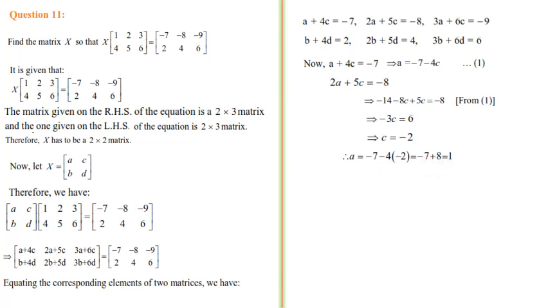Now two variables we have got, A and C. Balance is B and D we have to calculate. For that I am taking B plus 4D equal to 2. From here, as before, I have calculated B in terms of D. B is equal to 2 minus 4D. Just substitute it in the second part, that is 2B plus 5D equal to 4.